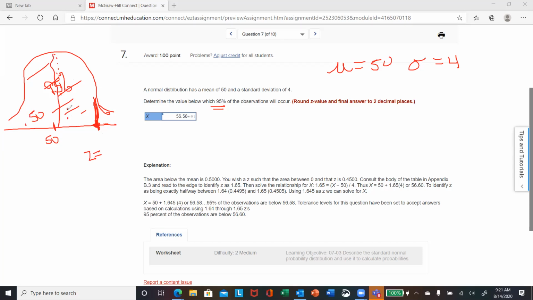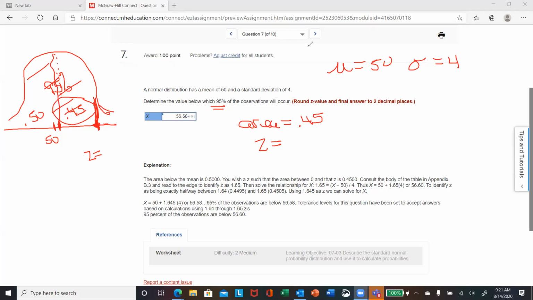So therefore, this part has to be 45%. You get your 95 if I split this in half. So in this case, if I have an area that's equal to 0.45, I want to find, if I can find an estimate in the z table, approximately what value. So if I go to my z table, I'm going to show you,